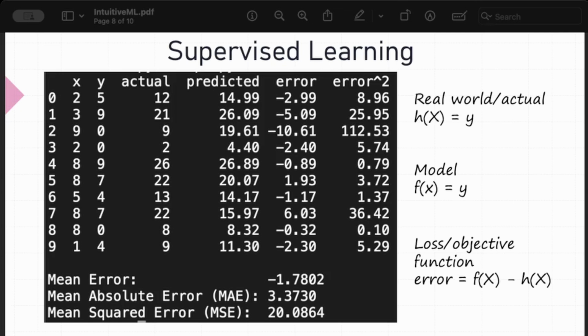So there are two advantages. One, by taking the square, you really are getting the absolute error. You account for the fact that there might be negatives. The other thing it's doing is the farther off you are from your desired value, you pay a bigger penalty, because as numbers grow bigger, the square gets even further exponentially bigger. So that's why MSE is a very common error mechanism, and that is our loss or objective function. On the lower right corner, you can see it's predicted minus actual, and that is the function we want to minimize. We want the error to be 0. So that's the goal when we train our system.